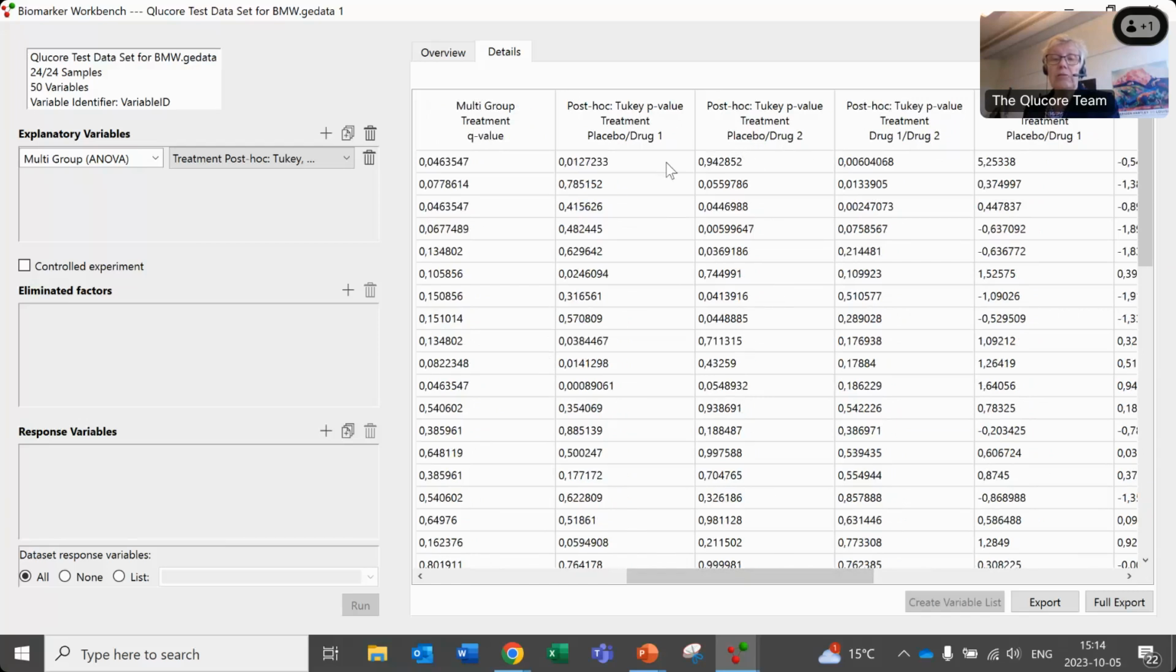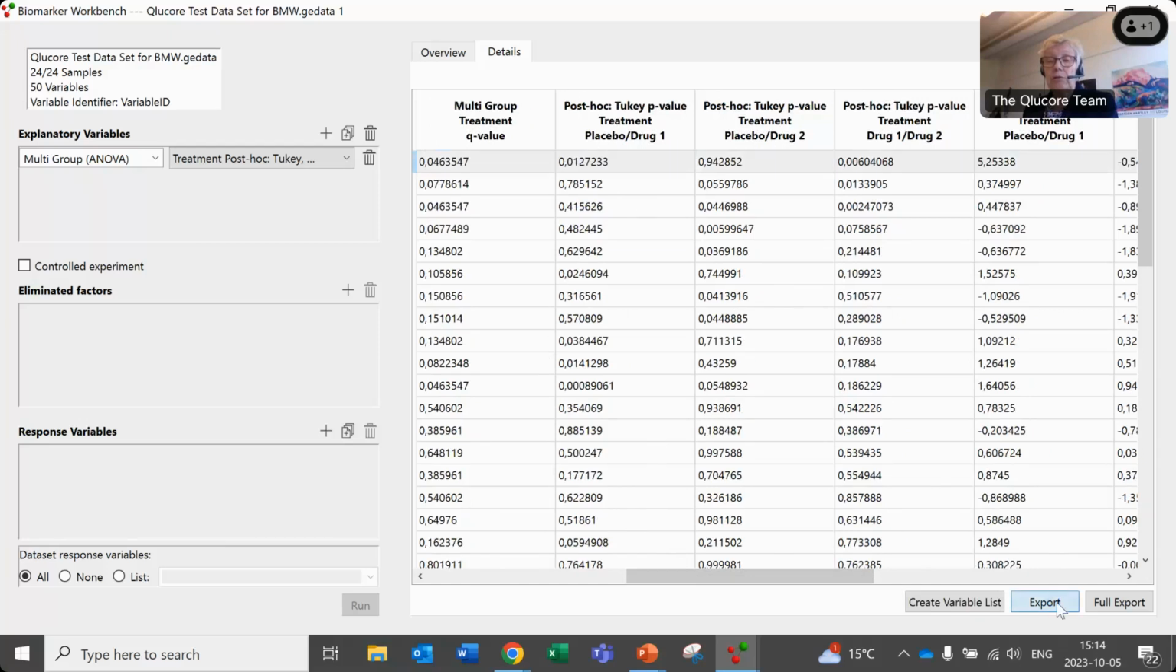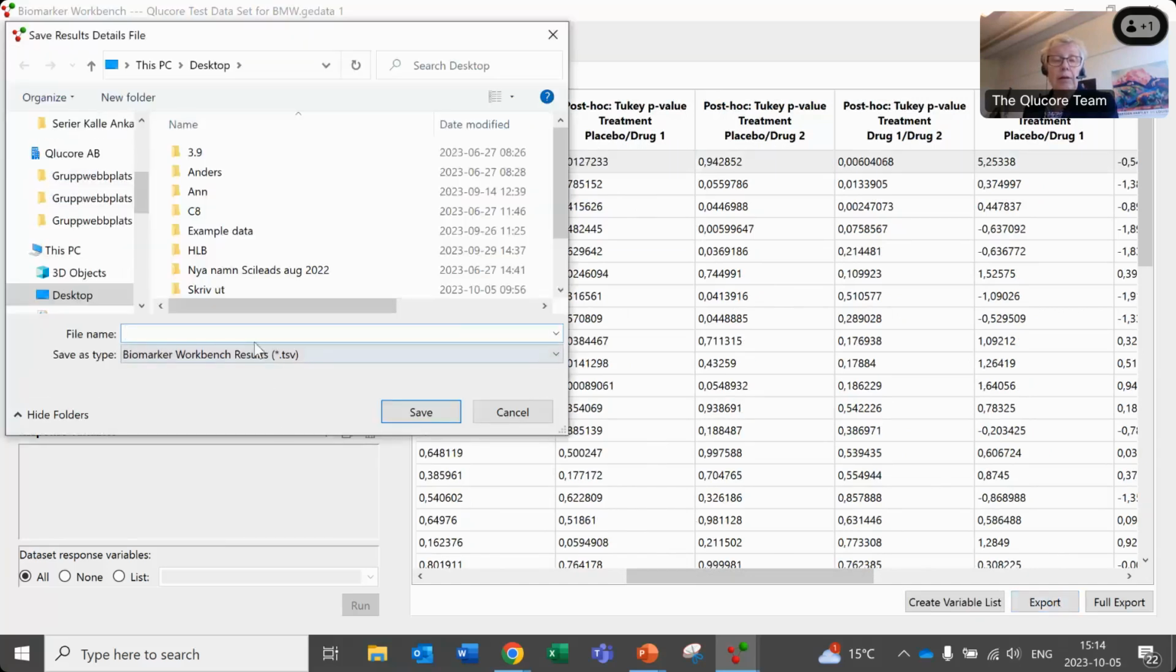So you see that for this specific gene, placebo and drug 1 separates very well, as do drug 1 and drug 2, but placebo and drug 2 doesn't really separate, and so on. So you get a lot of information here, and then you can easily export the full table as a TSV file, and then read that into Excel and continue to work with this and